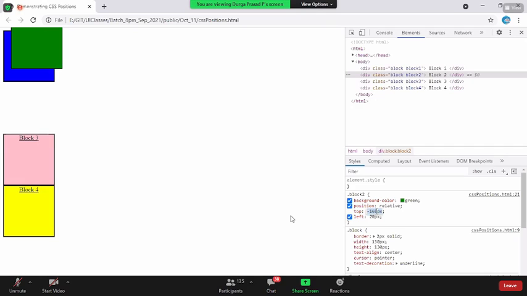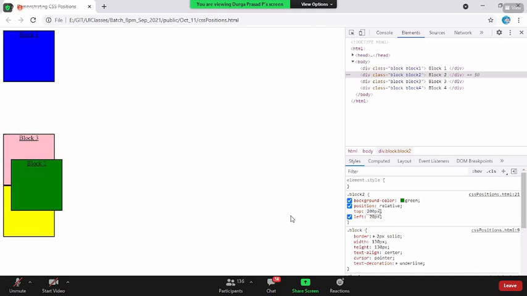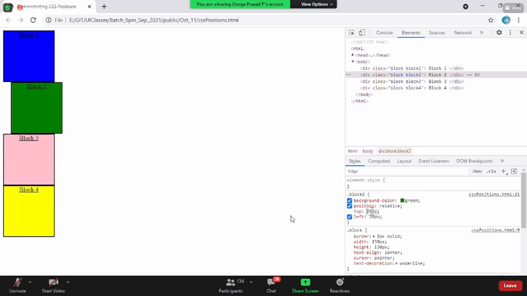Got it? Sir. When I say top is 0, see where it is 0. From my original position, top is 0, because that is where I'm actually starting. Now, when I say top of 20 pixels, from my original position, I'm actually moving to the top by 20 pixels. Got it? Sir,